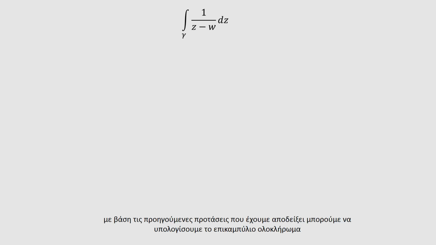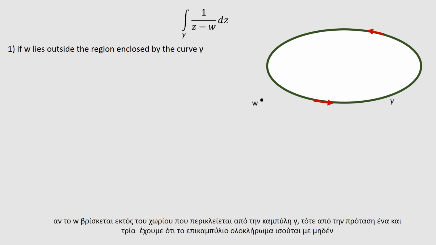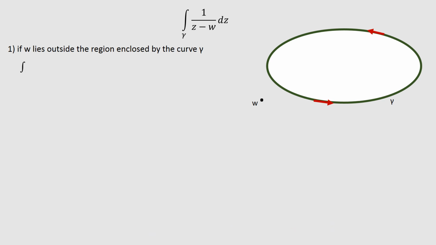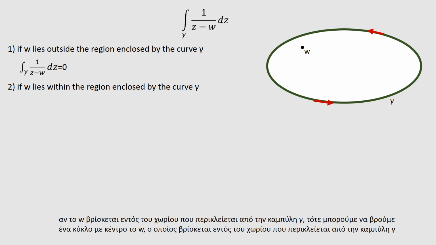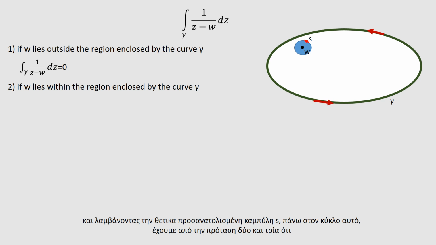Based on the previous propositions we have proved, we can calculate the line integral, where gamma is a closed, piecewise differentiable and positively oriented curve. If w lies outside the region enclosed by the curve gamma, then from propositions 1 and 3 we have that the line integral equals 0. If w lies within the region enclosed by the curve gamma, then we can find a circle centered at w, which lies within the region enclosed by the curve gamma. And taking the positively oriented curve S on this circle, we have from propositions 2 and 3 that